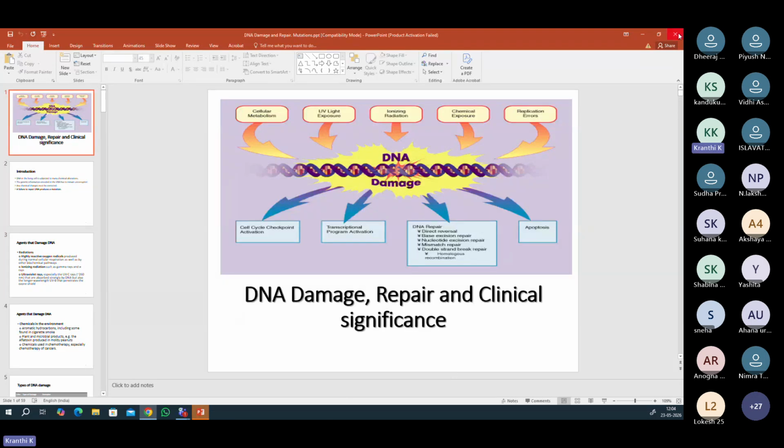Okay. So this is about the DNA damage and repair, then clinical significance, and also